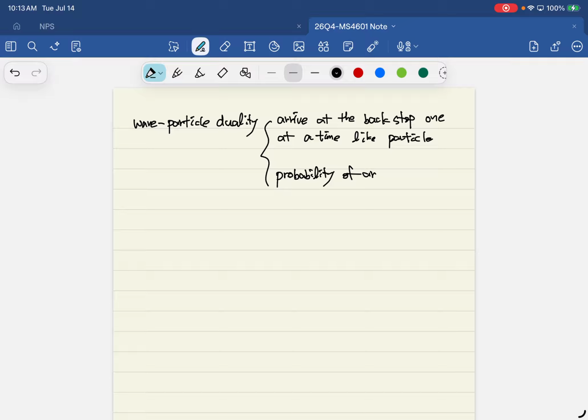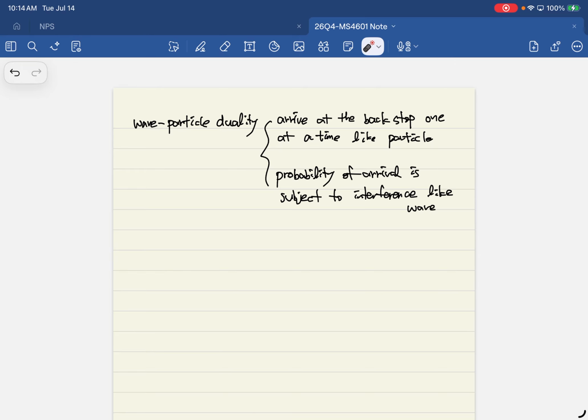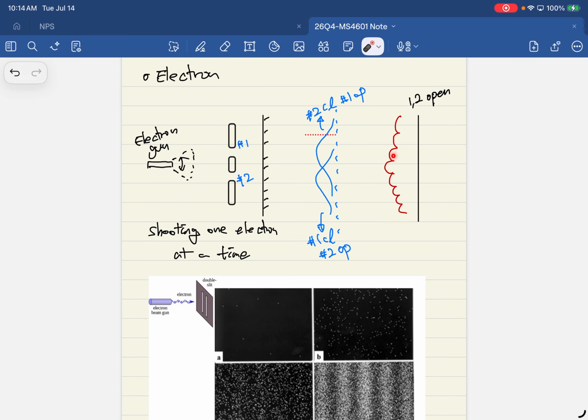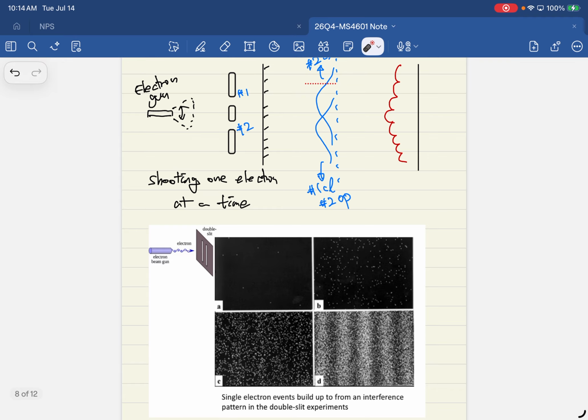of arrival is subject to interference, like a wave. Okay, so this one is also very interesting. Back then, and even now, it's very interesting. And we can also ask about this particular example. It shows a wave interference effect, and then one can ask, do we know then